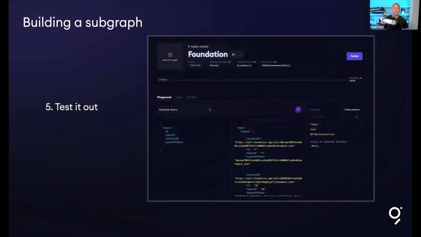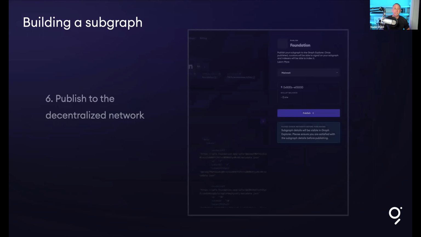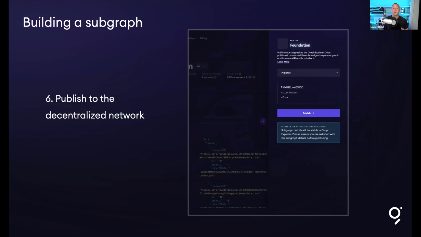In the user interface, we have an actual graphical editor and a GraphQL playground. And we can just start hitting the endpoint there. And then we're also given the ability, if we wanted to, at that point, to deploy this to the decentralized network, because we have a staging environment, you could think of, where we can test it out and even use it in our front end. And then we have the final step if you wanted to publish this to the network and allow other people to use it as well.